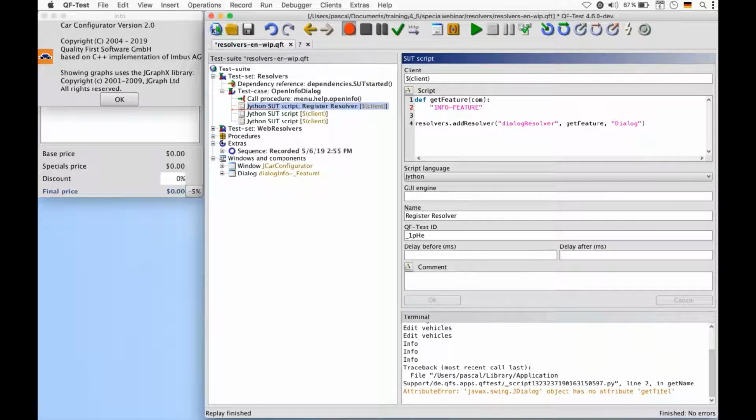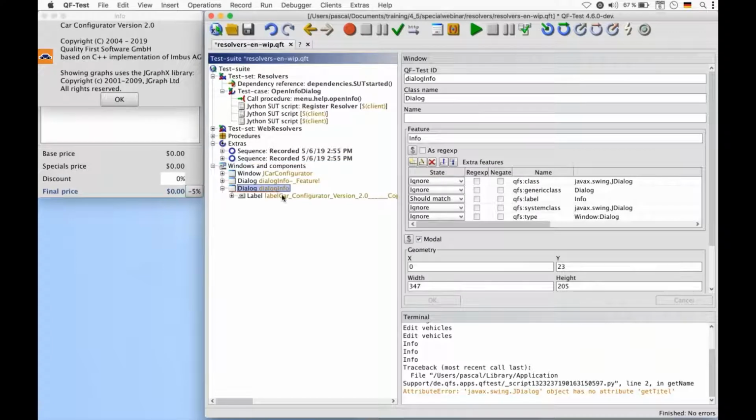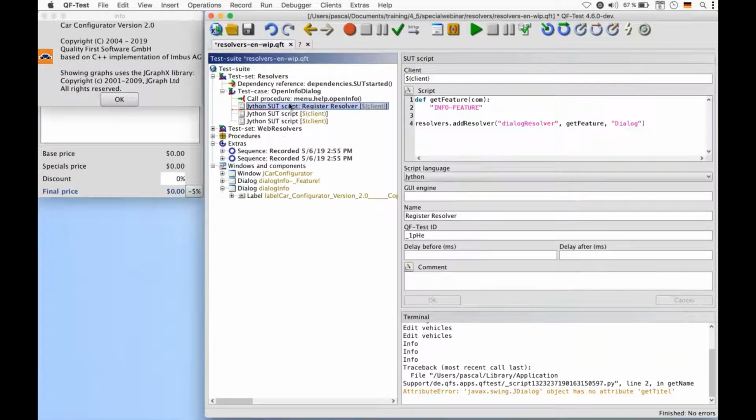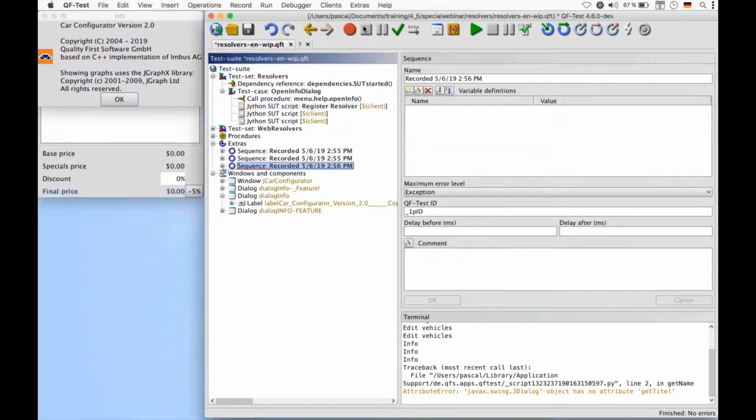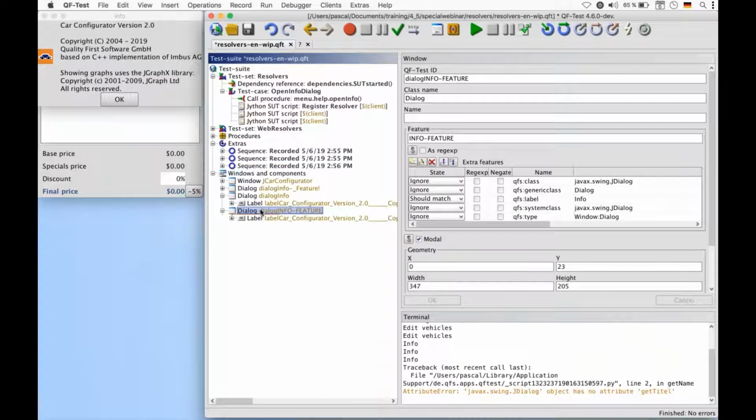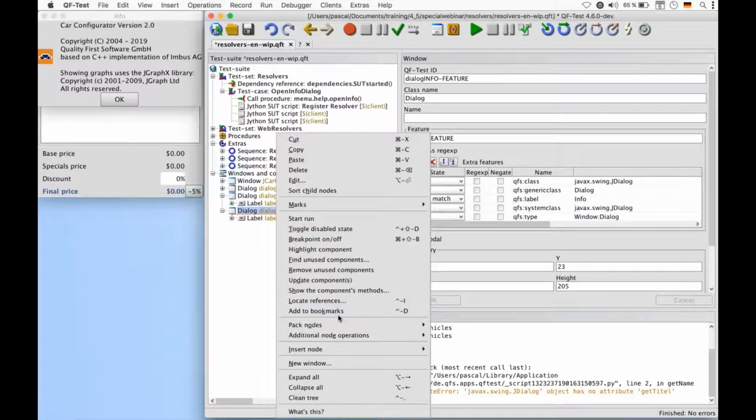So when I now re-record it, you see that a new dialog info has been created here. Sorry, I forgot the return statement here. So let's do it again. And another dialog has been created here, so another dialog component. And this is quite interesting because it says as long as you register your resolver, the feature here is info feature. And when I now say, okay, this one is